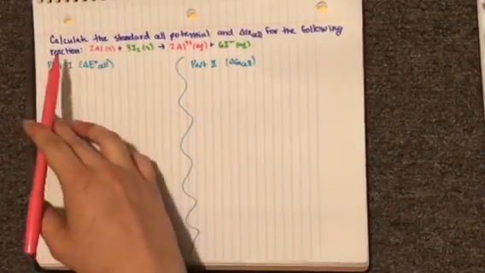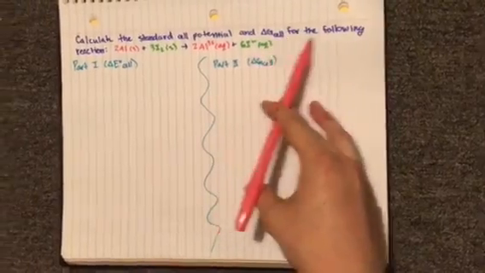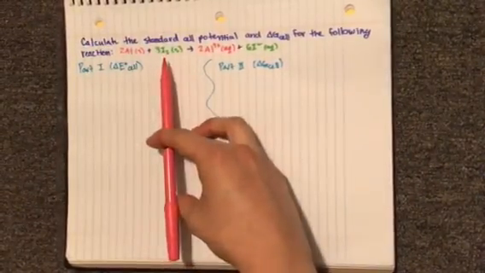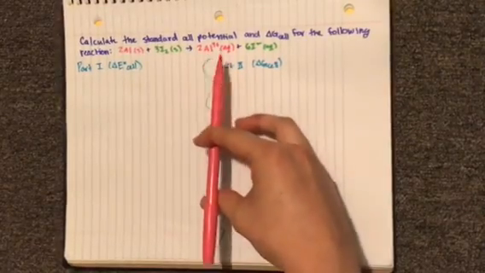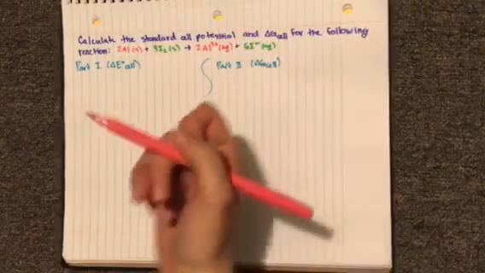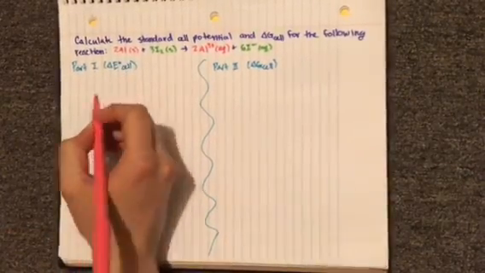Okay, so the question reads, calculate the standard cell potential and delta G cell for the following reaction. So we have solid aluminum and solid iodine going to aqueous aluminum 3 plus and aqueous iodine minus. Alright, so the first thing that you're going to do to find the standard cell potential is to write your